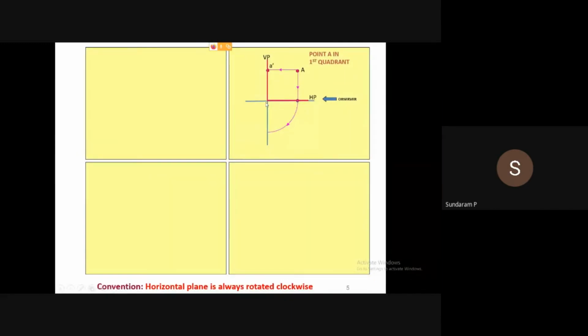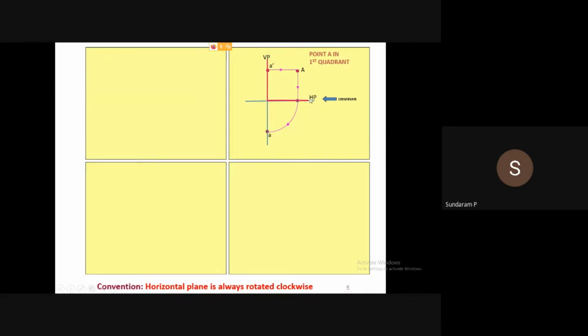Once again, I repeat. To project the object with the XY line, we always assume the vertical plane as a fixed plane, vertically. The horizontal plane is always a rotating plane, rotated 90 degrees. When you rotate this 90 degrees, the same in front of distance will come below. The same y, the in front of distance, will come below. So it is nothing but looking from the top. This is a top view. So this is a front view, this is a top view.